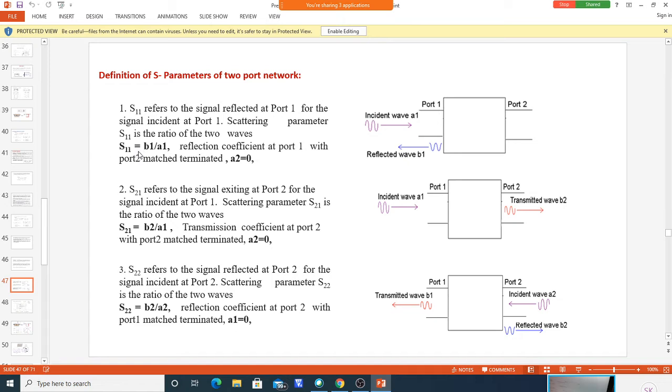So at a given frequency, this may be something. And as the frequency changes, the value of S11 may change. At some particular frequency, it may take a value and become 0. S11 equal to 0 means B1 is equal to 0. That means there is no reflected wave at all at the input port. And at some frequencies it may take a value equal to 1. That means the entire wave reflects back, so nothing is delivered to the network.